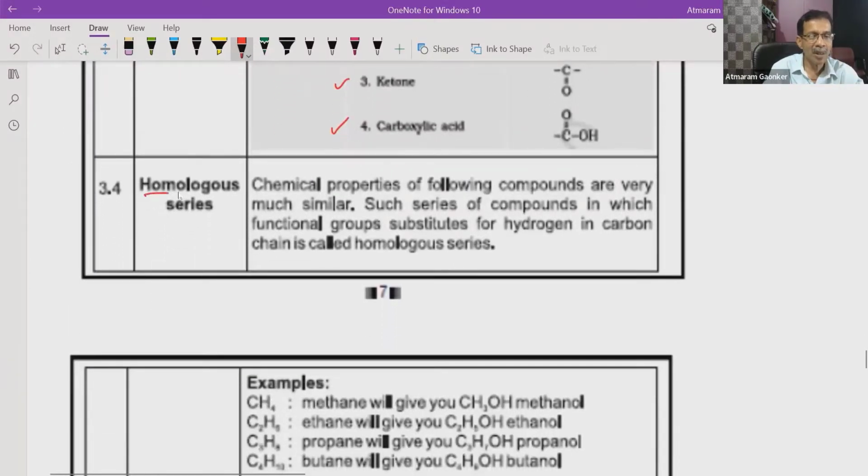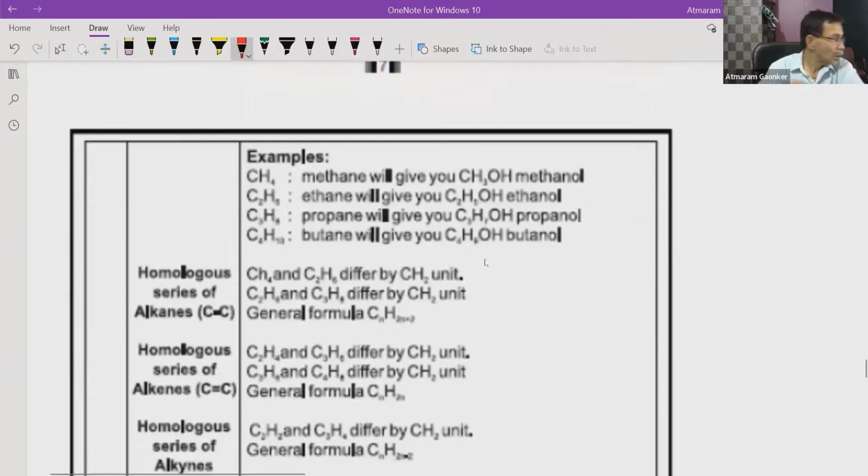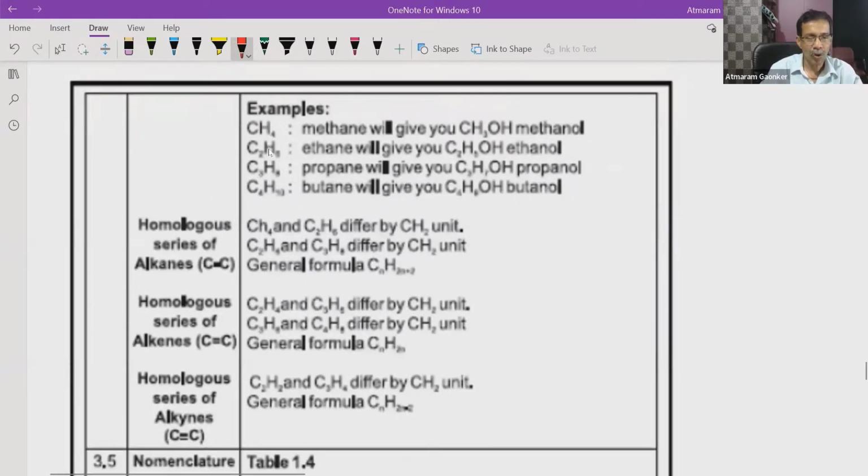Now a very important thing you have to remember is called homologous series. Chemical properties of compounds, some compounds are very much similar. Such series of compounds in which functional groups substitute the hydrogen in the chain is called a homologous series. Let's see what the homologous series are. The first thing: methane, ethane, propane, and butane. If we take this example,